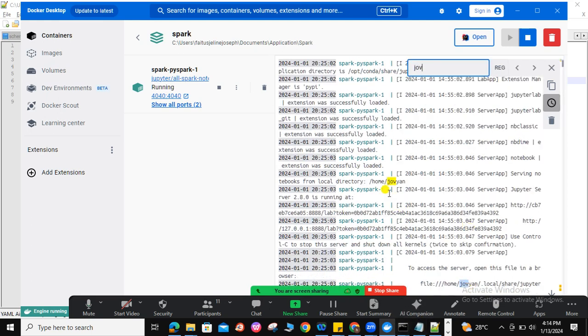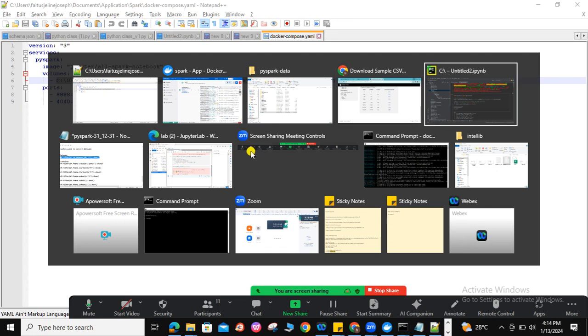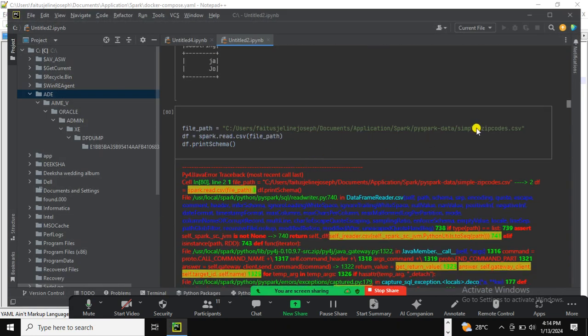Can you see here? Local directory, Om Jovian. That means if in your code you give a C:\Users path, thinking that it's in your local, you will never get the output. That's what happened. If you remember, in our last class I had given it like this, some sample simple zip code dot csv was there, but I got an error. It directly told you that you don't have that path. The reason, as I was cross checking later,